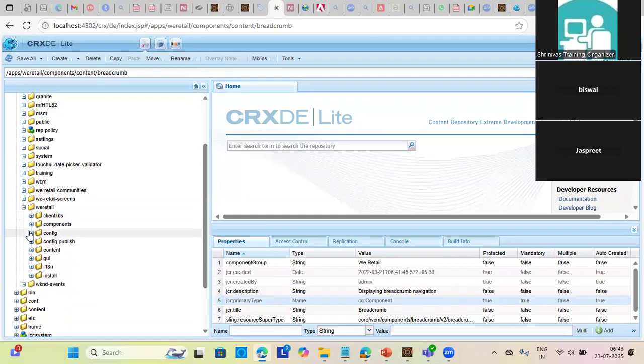There is a folder called config. Multiple config folders can be created here. Config stands for configuration. For your project, if you want to create any specific configuration, for example, you want to access some third-party endpoints from your application,